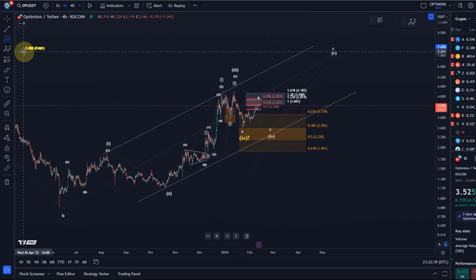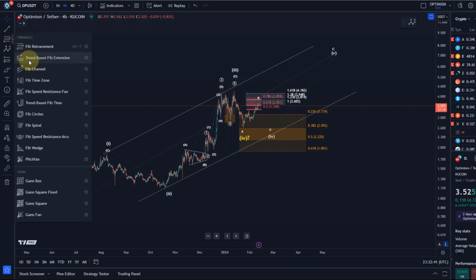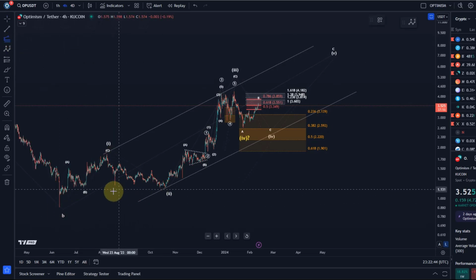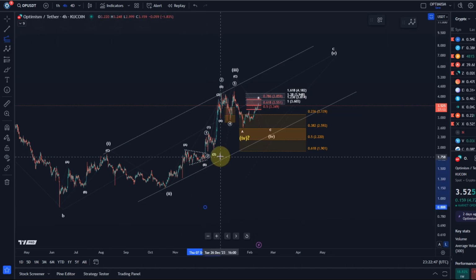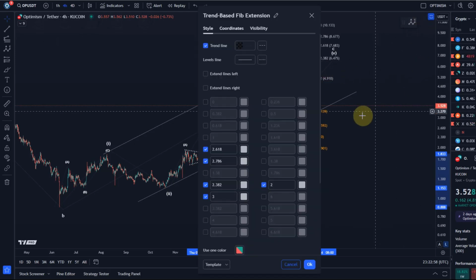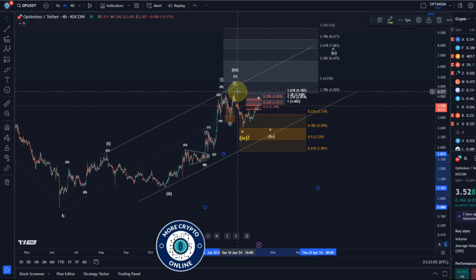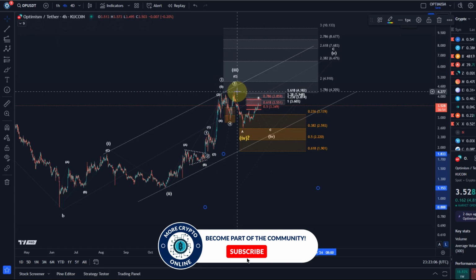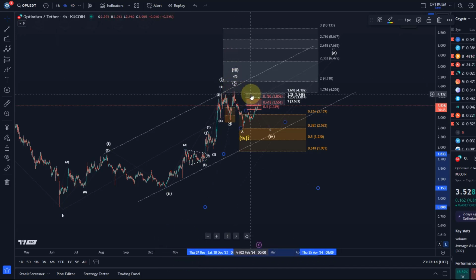So first of all, looking at targets, we have this initial 1-2 setup. If we take the length of this wave 1, which topped in August last year, and go to the low of the wave 2, then we see that this third wave did not even reach the 200% extension. That's okay, they don't need to. Typically, we say for a third wave, anything including the 1.38 extension level or above is ideal. Further extensions are always possible. The wave 3 reached the 1.786 extension, in this case at $4.21.